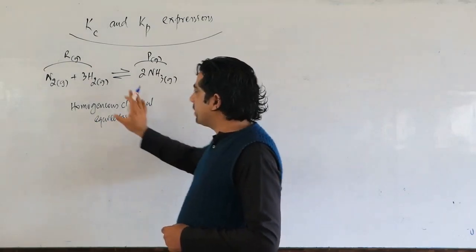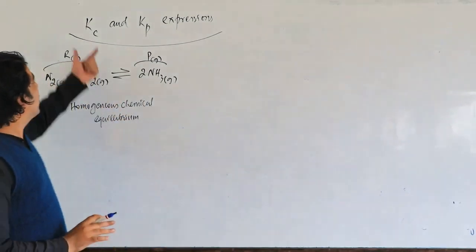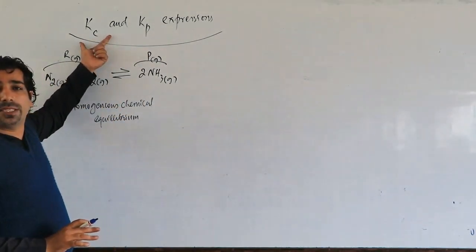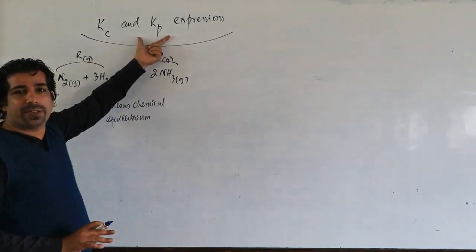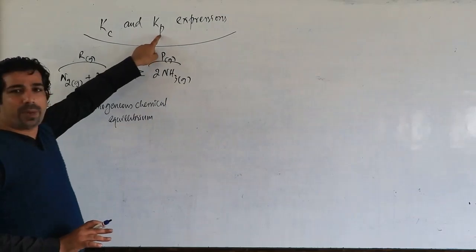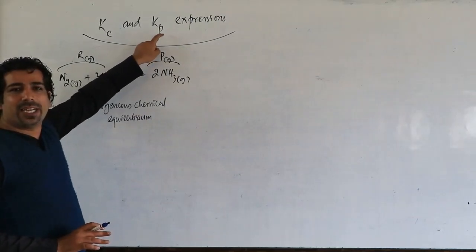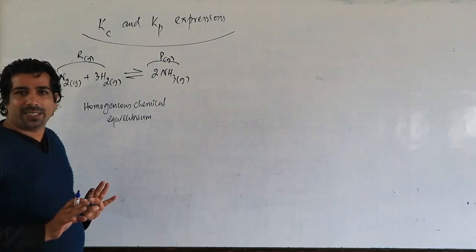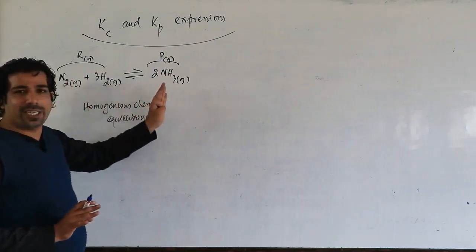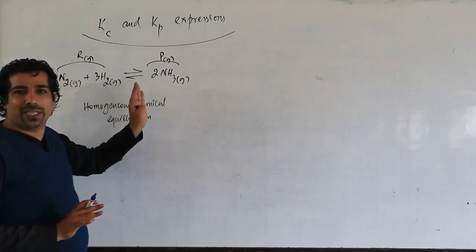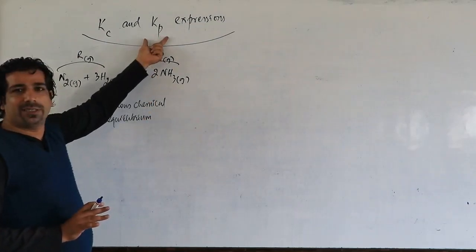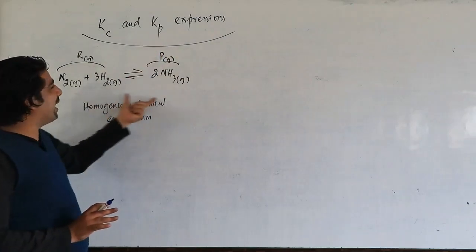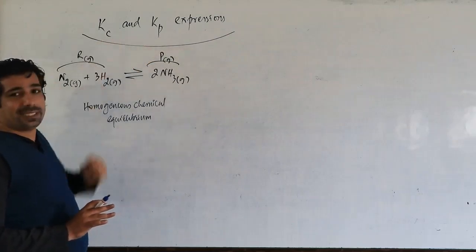For this homogeneous chemical equilibrium, I will write down Kc and Kp. This is the equilibrium constant in terms of molar concentration, and this is the equilibrium constant in terms of partial pressures, my dear friends. And remember, for partial pressures you need gas. Solid and liquid will not exert pressure. If you have only solids, or only liquids, or an aqueous state, then there is no concept of pressure, and you cannot take the Kp expression. But here these are all gases, so I can take the Kp expression and the Kc expression also.